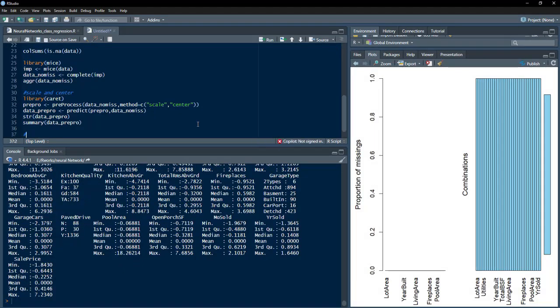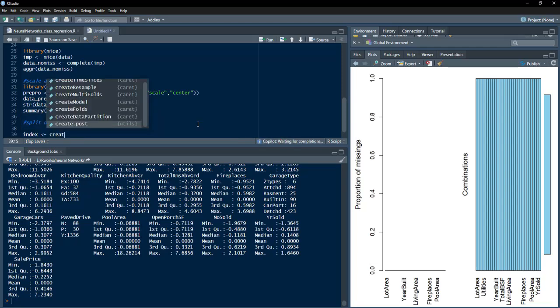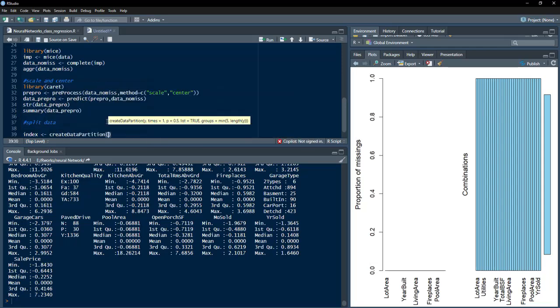Now the next important step is splitting the data into training and testing data, and for that we are going to use the createDataPartition function to get indices to be included in the sample or training data. The index object will collect those indices of the rows which we will use in the training data. Create data partition, and the sampling of these rows shall include all the variations which are there in the data according to the outcome variable, and for that we'll define the outcome variable, that is data pre-pro,